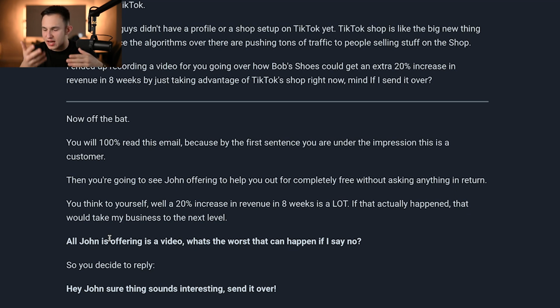And let's really dissect what's happening here. A random person sends you a message about potentially going on a new platform to sell something. Now, you think it's interesting, but you're not interested enough to the point where you want to get on a call and start discussing this and start finalizing things. But you are interested enough where you'll consume an asset, and especially because it's not just any asset. It's an asset that supposedly Bob recorded just for you, right? Or, I'm sorry, John recorded just for you. So you're going to be intrinsically interested and you're going to ask for that asset.